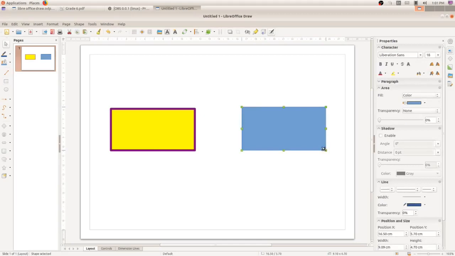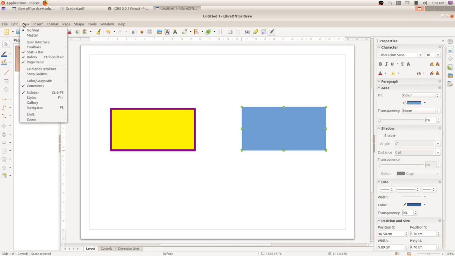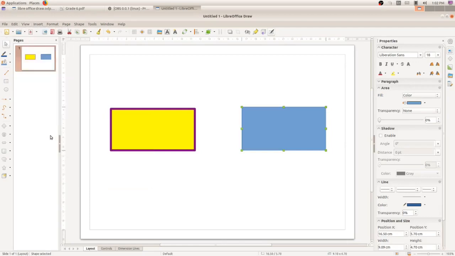Now at the right side you can see the sidebar. If you are not able to see this sidebar, what you have to do? Go to View in the menu bar, at the top left corner. Click on that and click on Sidebar.